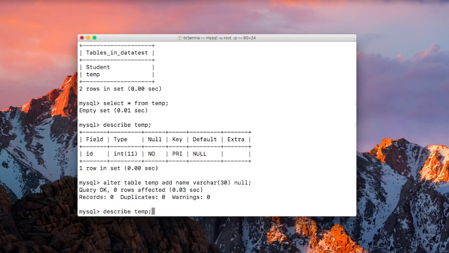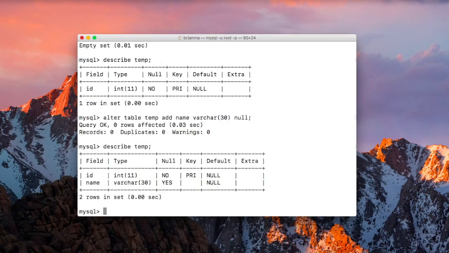Now run describe table again. As you can see, the new column has been added in our temp table, and it has type of varchar and maximum length is 30 as we specified here. Okay, now if you want to add multiple columns at once, then